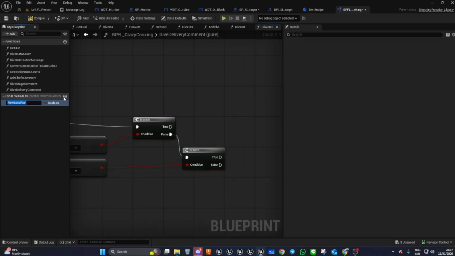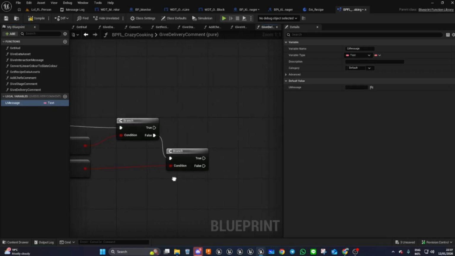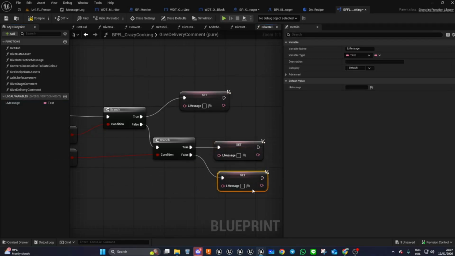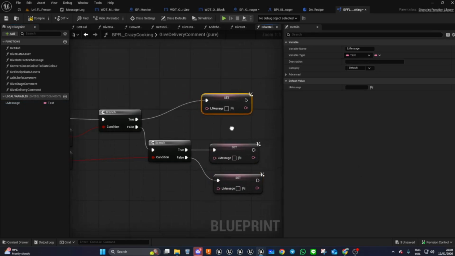We're going to add a local variable. I'm just going to call it message. Let's get our naming convention right: L message. That's our type text. And we are going to set it here, here, and here. And we're basically going to override what we want to do, which is similar to what we had